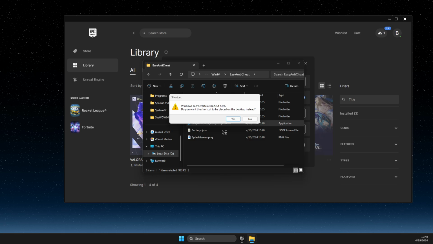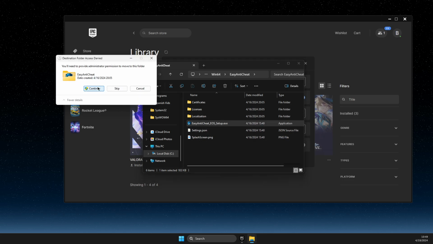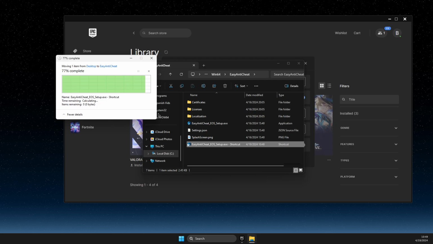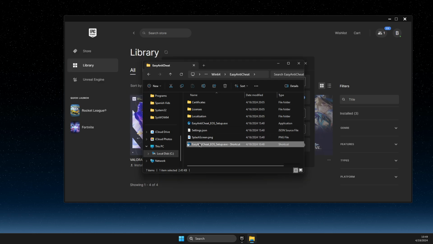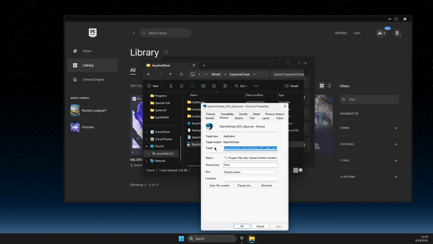If a shortcut is created, you're good to go, but if it does not, as you can see here, Windows can't create shortcut here. Do you want the shortcut to be placed on desktop? Press yes. And then what you need to do here is to go to your desktop, find the Easy Anti-Cheat, drag it to the folder, and then you just need to right click on the folder, then go to properties,